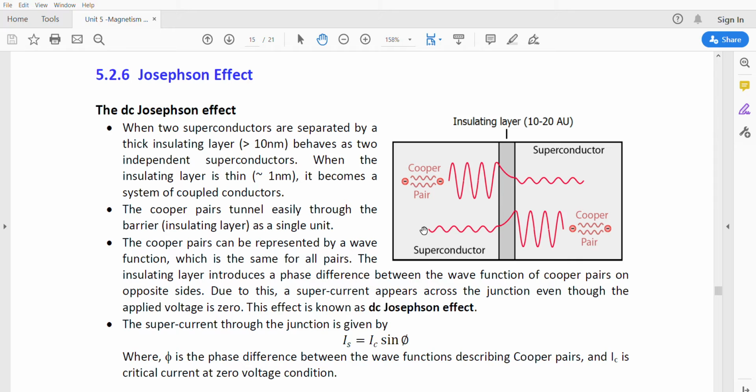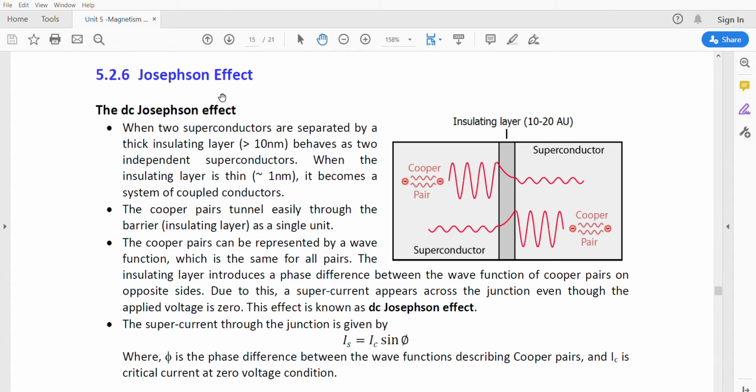So we already know that superconductivity is produced due to the formation of Cooper pairs. We studied the BCS theory. According to BCS theory, in superconductors, Cooper pairs will develop. Cooper pairs are mainly responsible for the high current flow or high conductivity in superconducting materials. Cooper pairs are nothing but two electrons forming a pair, and this pair of electrons will flow as a pair itself throughout the superconducting material.